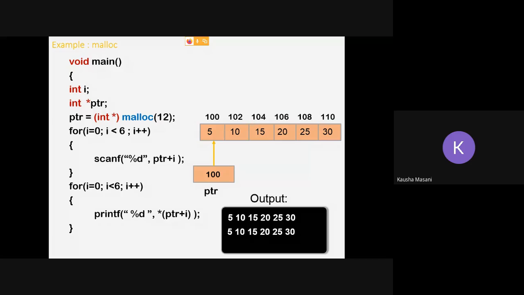But if you need to see it once or twice, I'm keeping the screen for you. The output is also shown, so you can verify after running the program. And if you have any doubt, you are free to ask.